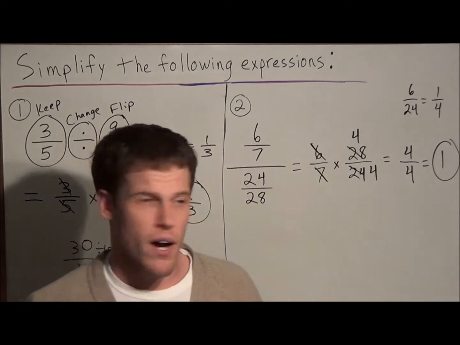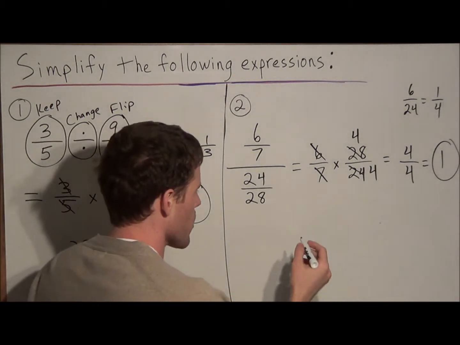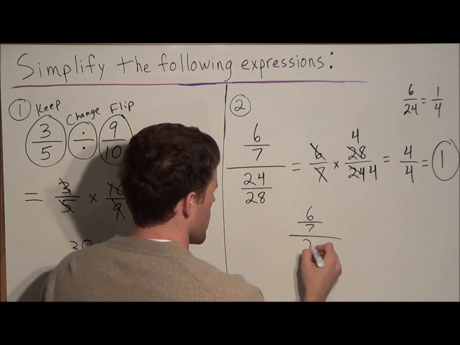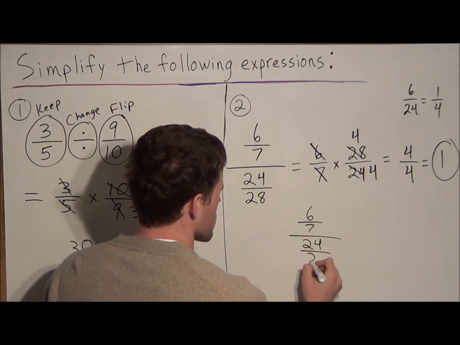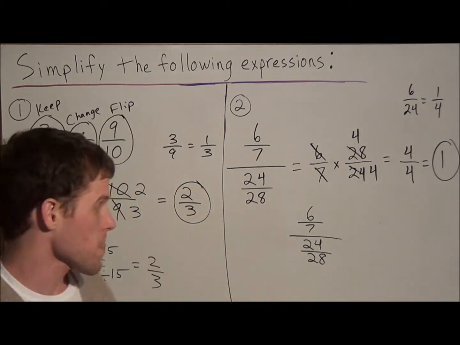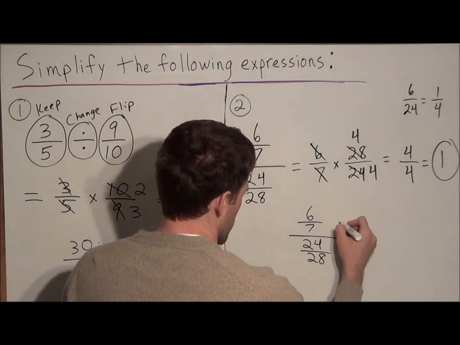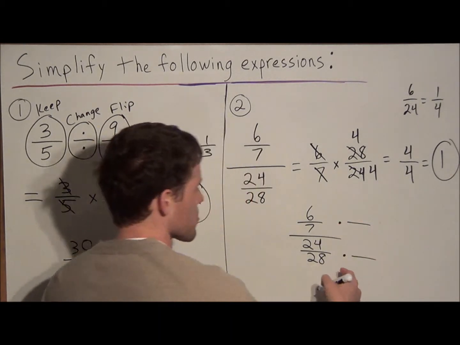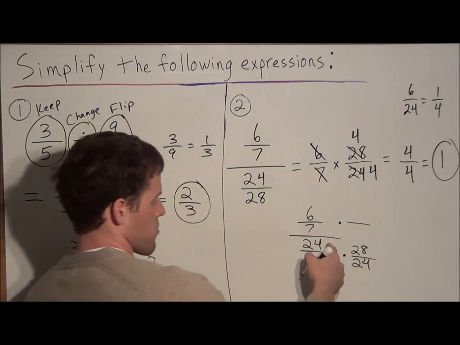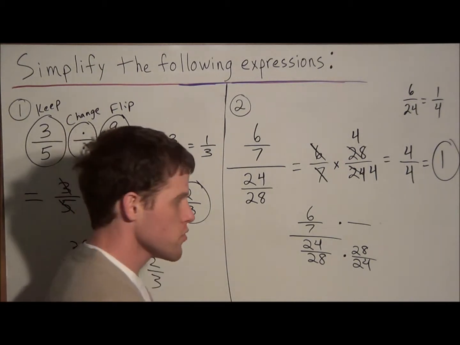But remember, the idea behind this is keep, change, flip. And now just really quick, why does this technique work? Well, think about the concept of common denominators. When you want common denominators, you multiply the denominator and numerator by the same number. But what's really going on here, even though it seems a little unorthodox, is you're multiplying the denominator by 28/24, which is the reciprocal or the flip of this fraction, but then you have to do the same thing to the numerator,